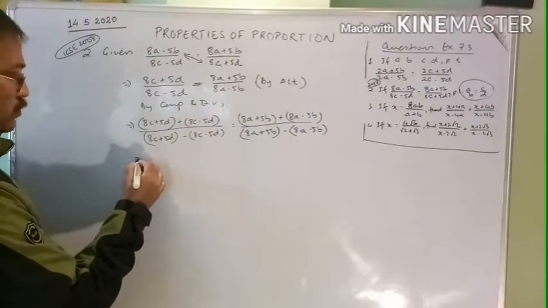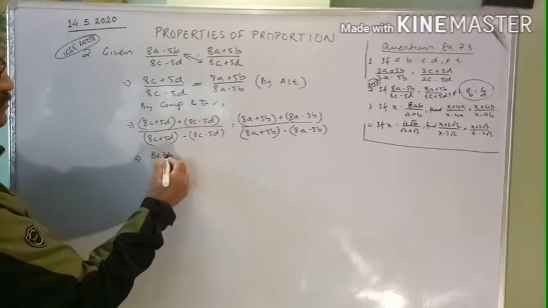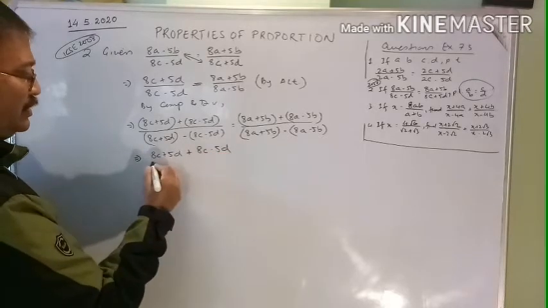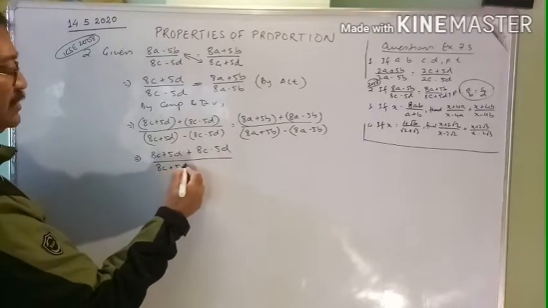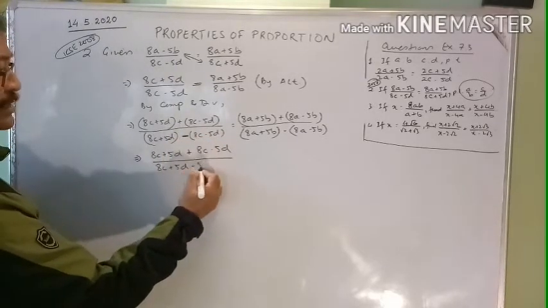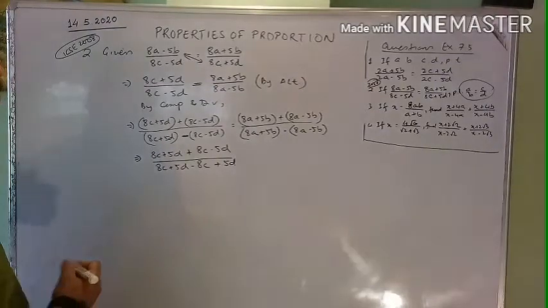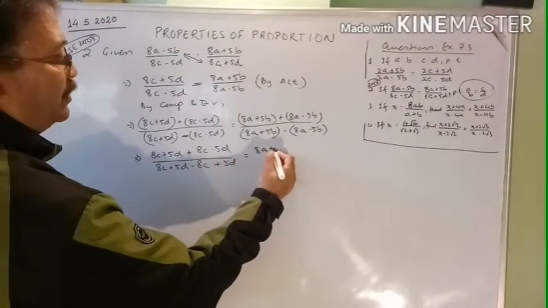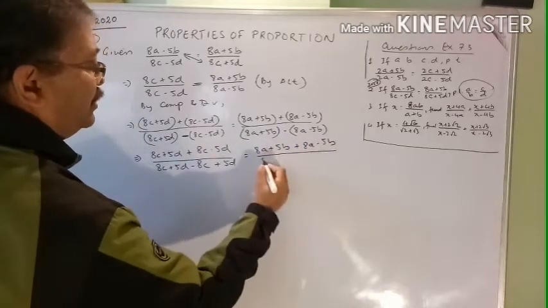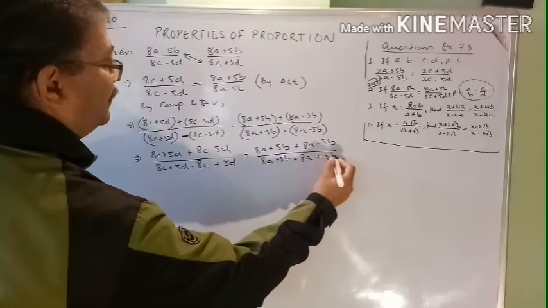So next step, you just open all the brackets. So 8C plus 5D will come as it is. Plus is not going to change the sign. 8C minus 5D. So here 8C plus 5D. Now remember, this minus sign is going to change the sign, so be careful. Minus plus, minus 8C, minus minus, plus 5D. These two signs will be opposite. Here also 8A plus 5B plus 8A minus 5B as it is. Here 8A plus 5B minus 8A plus 5B.